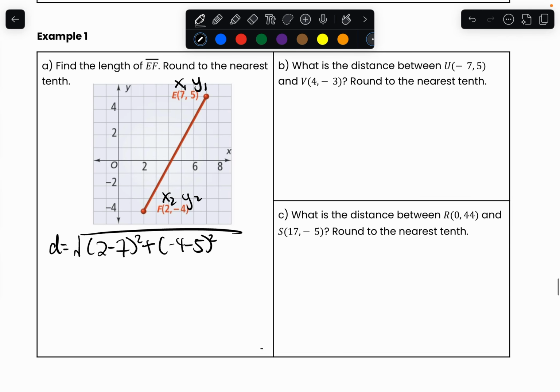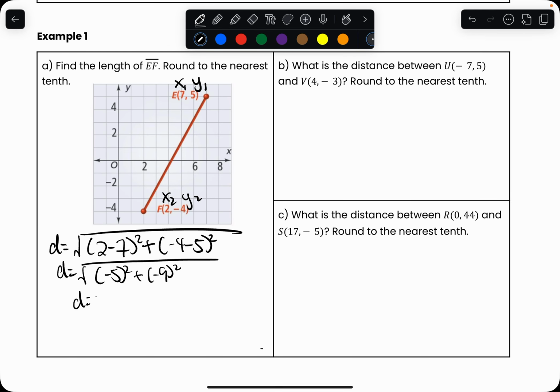Then I just simplify everything out, and this will give us -5 squared plus -9 squared. If you put this into the calculator, the value you get here will be the square root of 106. When you round it to the nearest tenth, you get 10.3. Now, this is one way you can approach this question, but there's another way. If you look at the formula, part 1 here just says you're trying to find the difference